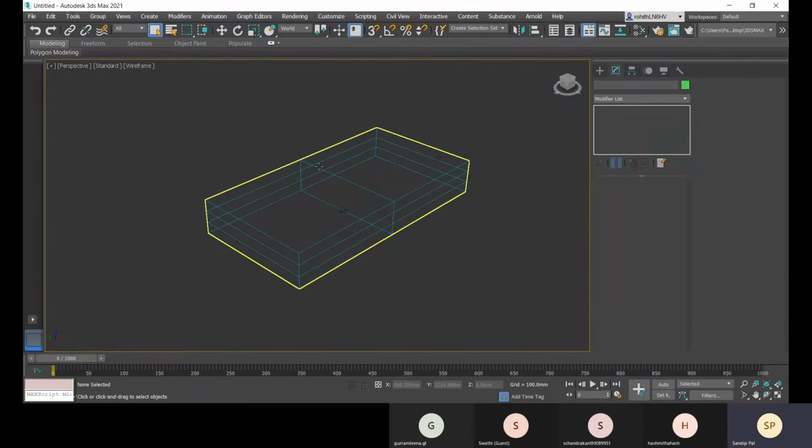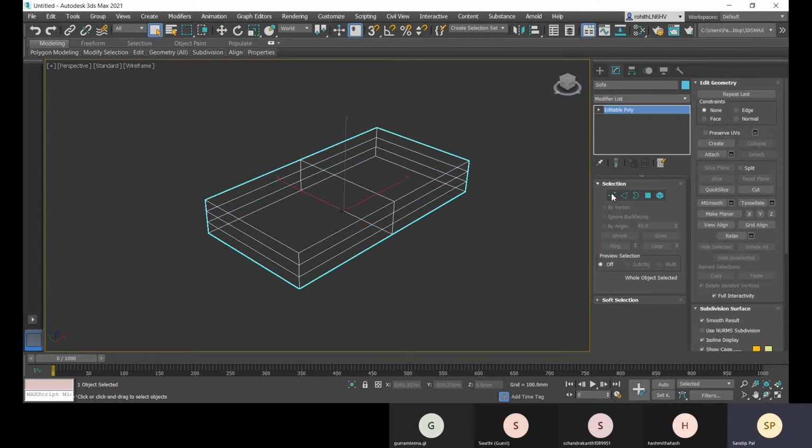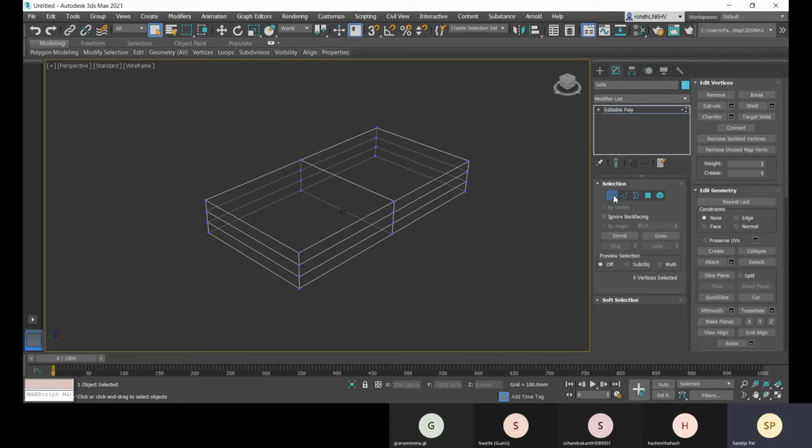All right. So let me select this one. Here I have this vertex, edge, and border. So let me show you each and everything. And these things have shortcuts. So if I press 1, it will activate the vertex so that I can select all this vertex. So it's like the filter option. I'll be able to select only vertices when this is on, and that is the shortcut 1.